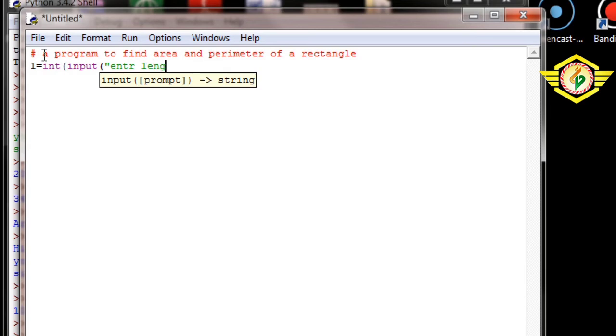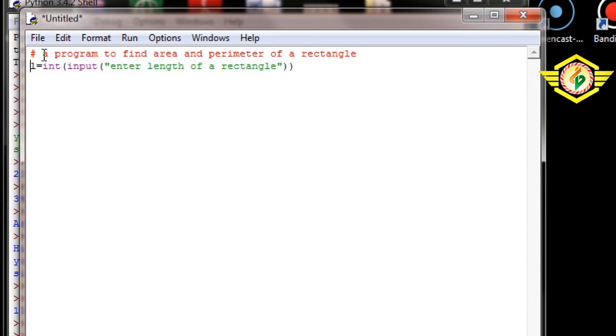You can change it according to your choice. So I am writing: enter length of rectangle. Double quote close, then two brackets must be closed.